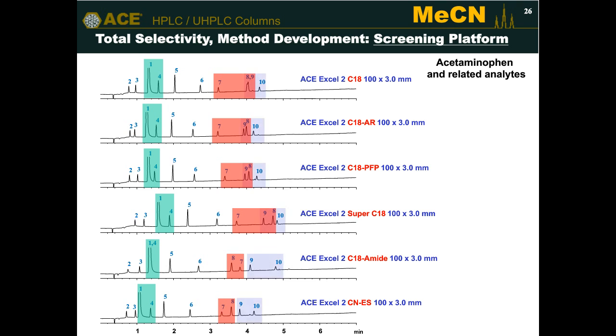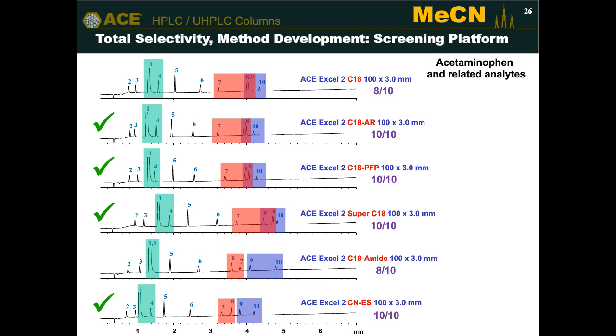You can see that if we start at the top, the C18 we have co-elution, the AR we have co-elution, PFP is separated, the super C18 is separated, the C18 amide is separated, and the cyano-ES is also separated. So if we count up the peaks that are separated with the acetonitrile organic solvent, we have 4 options now,